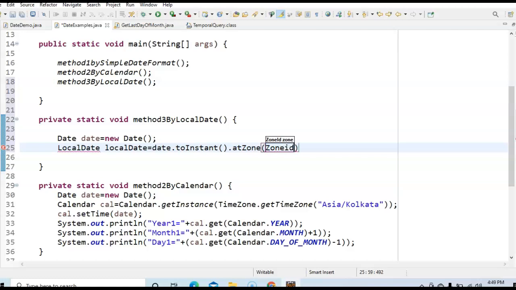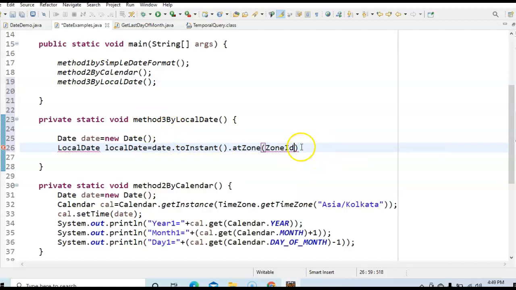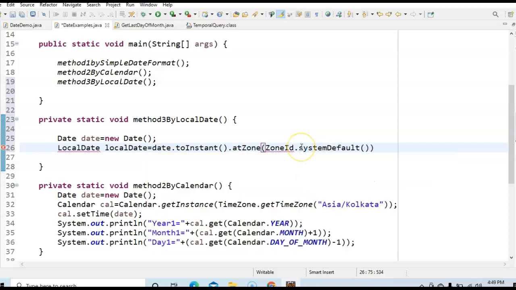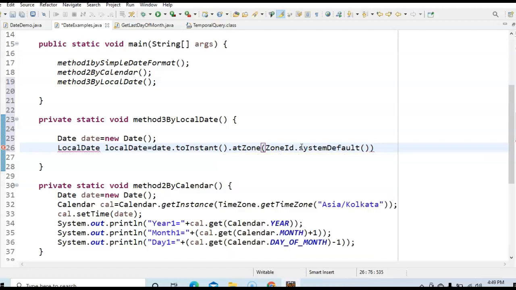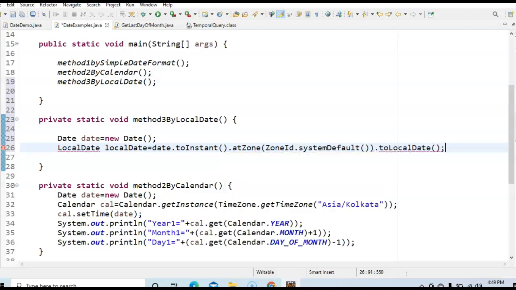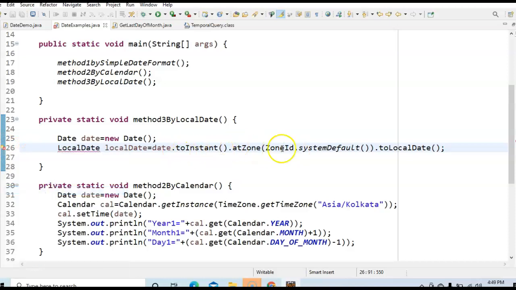ZoneId, which is present in the java.time package, ZoneId.systemDefault(). Finally we need to convert that into a LocalDate. This is how we create a LocalDate instance. First we convert date.toInstant() and pass the time zone as well, to get the correct time zone.